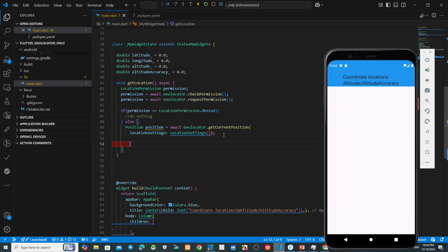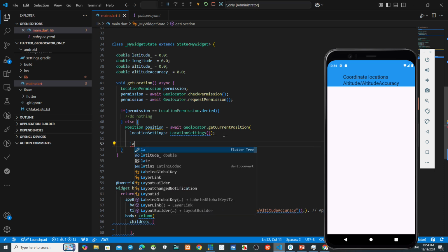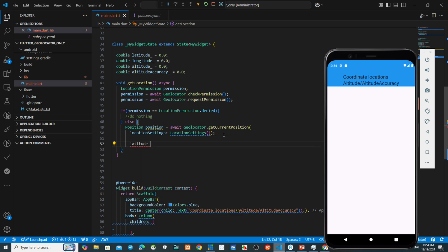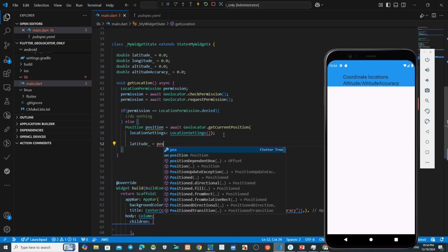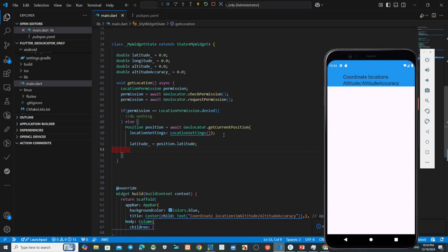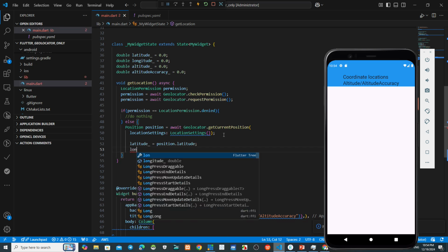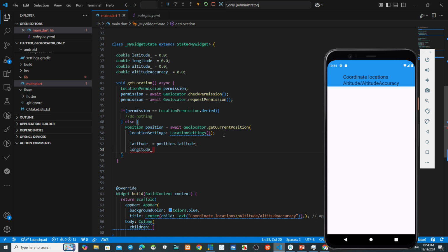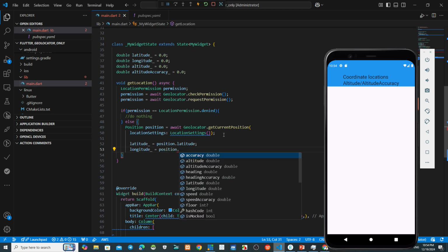The first one is latitude_ equals position.latitude. Okay, after that longitude_ equals position.longitude.